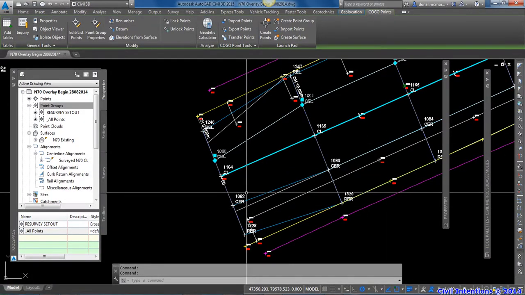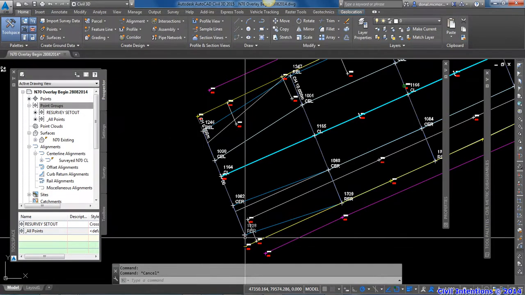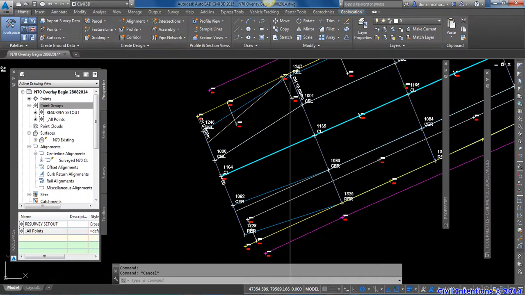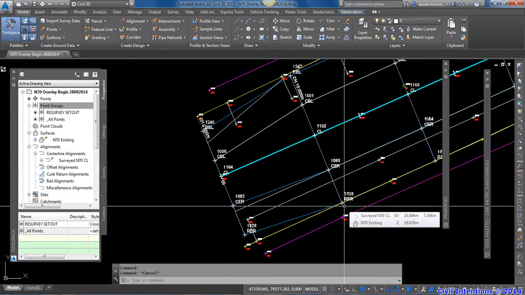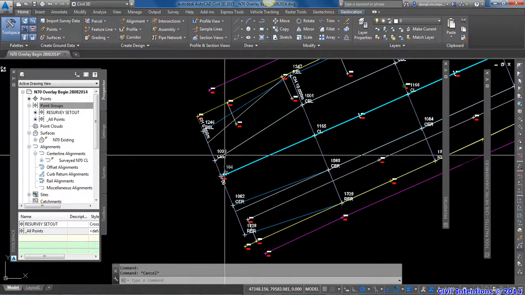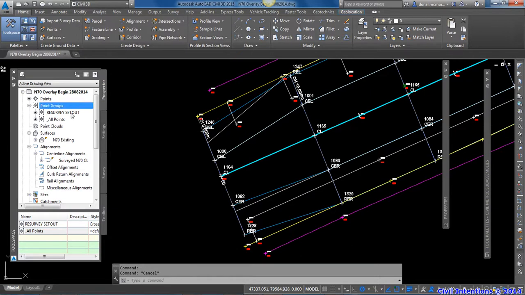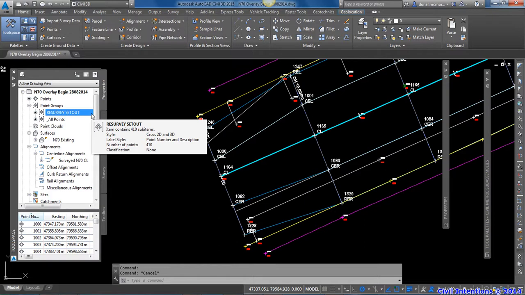So in terms of setting those points out, it would be better if they were numbered 1000 to 1005, 1006 to 1010, so basically numbered sequentially for each cross section down along the road. So that's just the way Civil 3D does it, but to edit or alter that, you're best to do it in Excel. So what we'll do is export the points out to a CSV file for import into your logger for setout. So right click on your point group here,